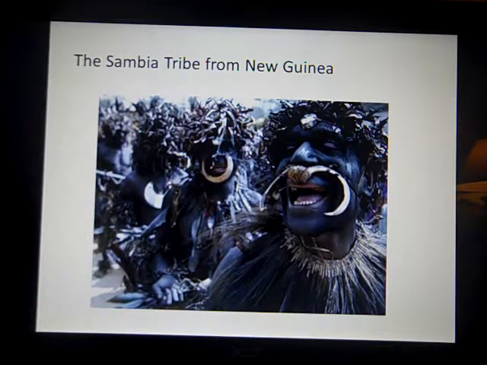Well, in this part of the world, the older men of the tribe, as you see, will literally ingest the semen of the young boys in a symbolic ritual. The idea is that when the older men ingest the semen, and you heard that correctly, by the way, I'm not going to give you any images of that. You can find those on your own if you're inclined to do so.